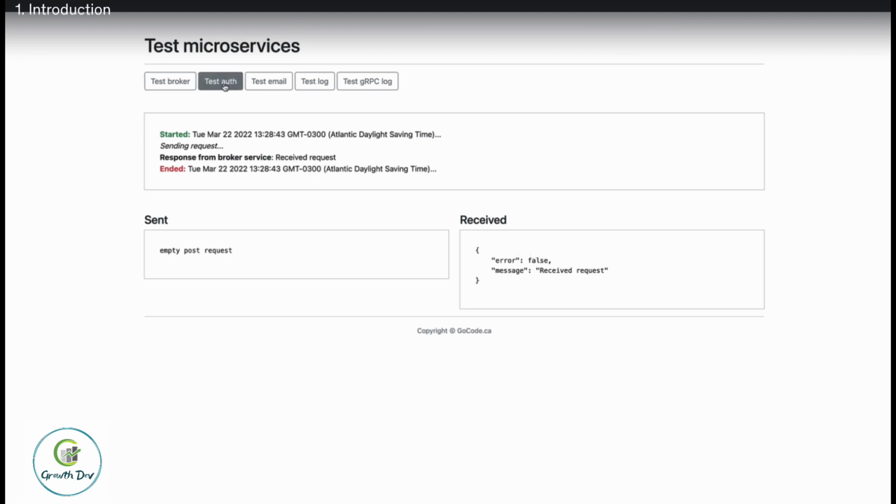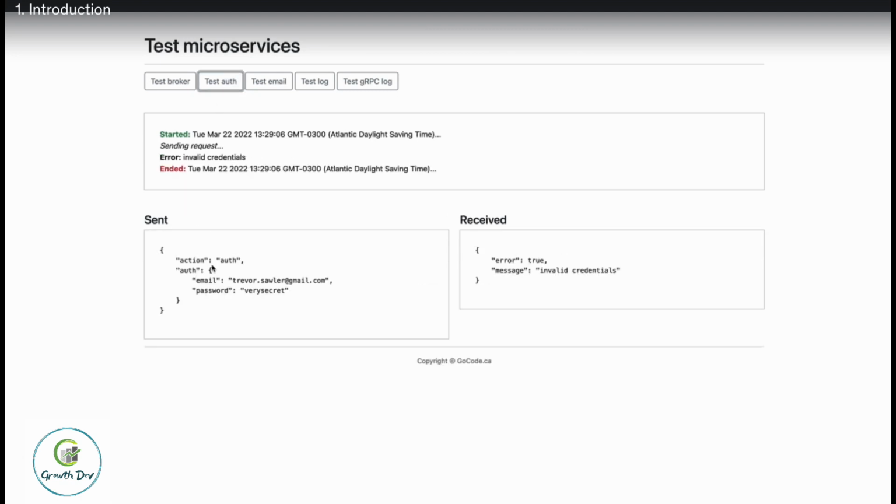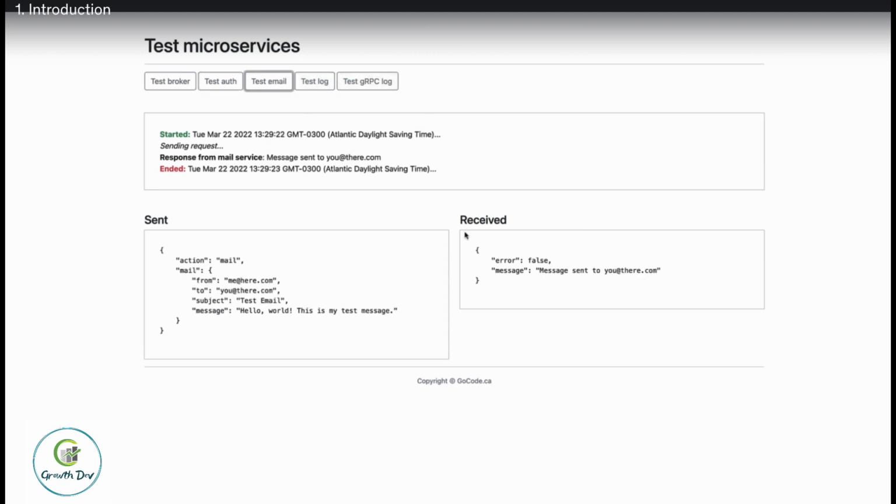And the next one, test auth, it connects to the broker as well, but then the broker connects to the authentication microservice and tries to log someone in. And I gave it invalid credentials, so when I click this button, you can see that I'm posting an action of auth, simple JSON, and the data I'm posting is an email and a password. And I get back this message, error is true, and the message is invalid credentials. And I can do the same thing by clicking this, that will send an email message. And there it is. No error, message sent to you at there, and here's the actual content of the mail